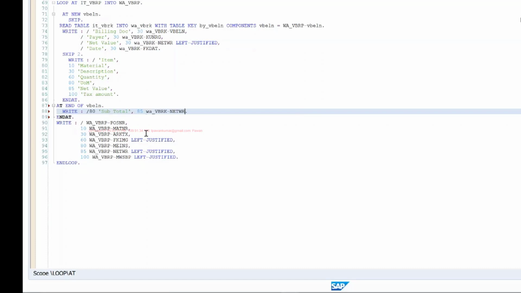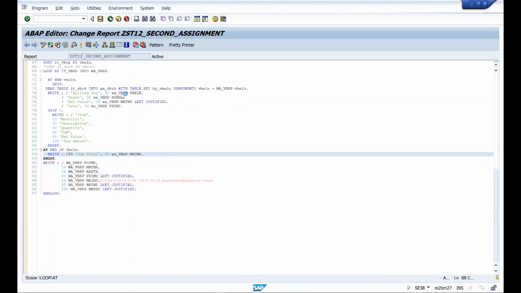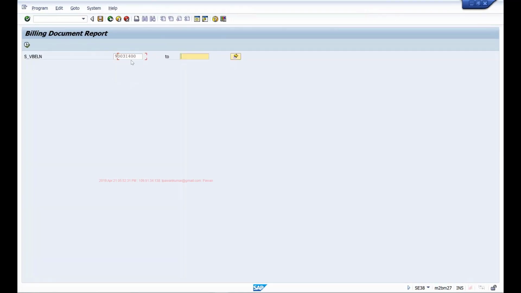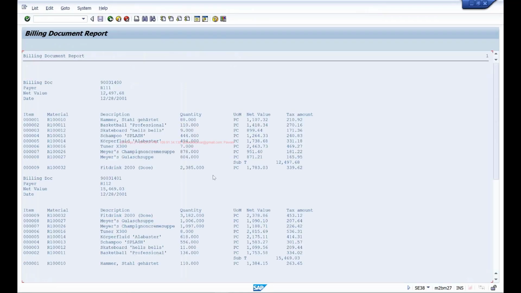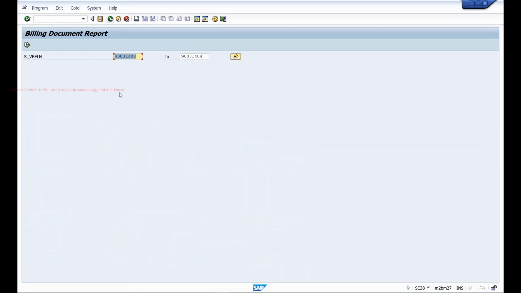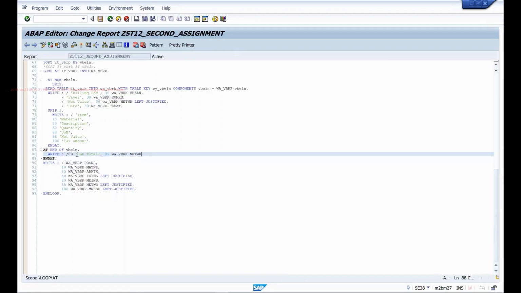I'll also show you another way. So I'm using the AT END OF block to identify the last item in the current loop, and at the end I'm printing these subtotals. The space is not sufficient, so instead of 80 I'll keep it 75, and it's printing leading spaces, so let's justify it.